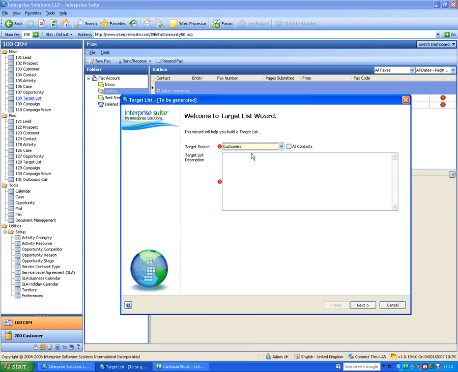Okay, so I'm going to say this is based on customers. If against a customer or prospect record, we can have as many contacts as we like. If I click all contacts, it'll send whatever we're going to send to all of them. If I don't click it, it'll just send it to the default one. So I'm going to call this UK customers that buy item whatever, because I don't really know what